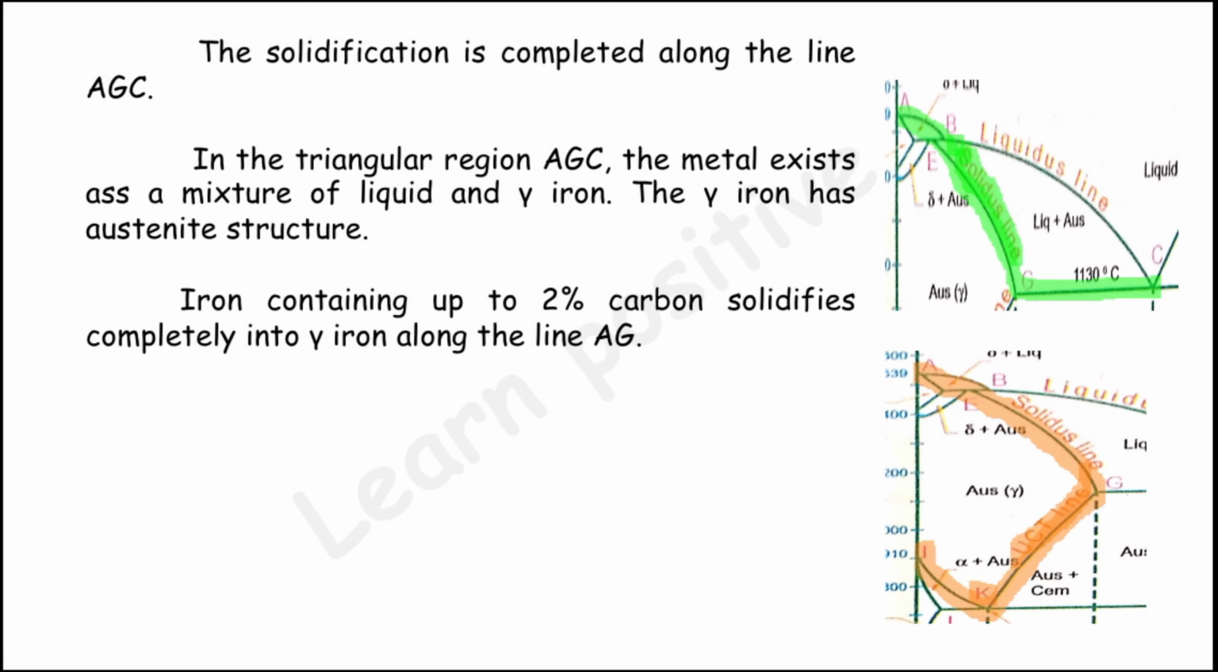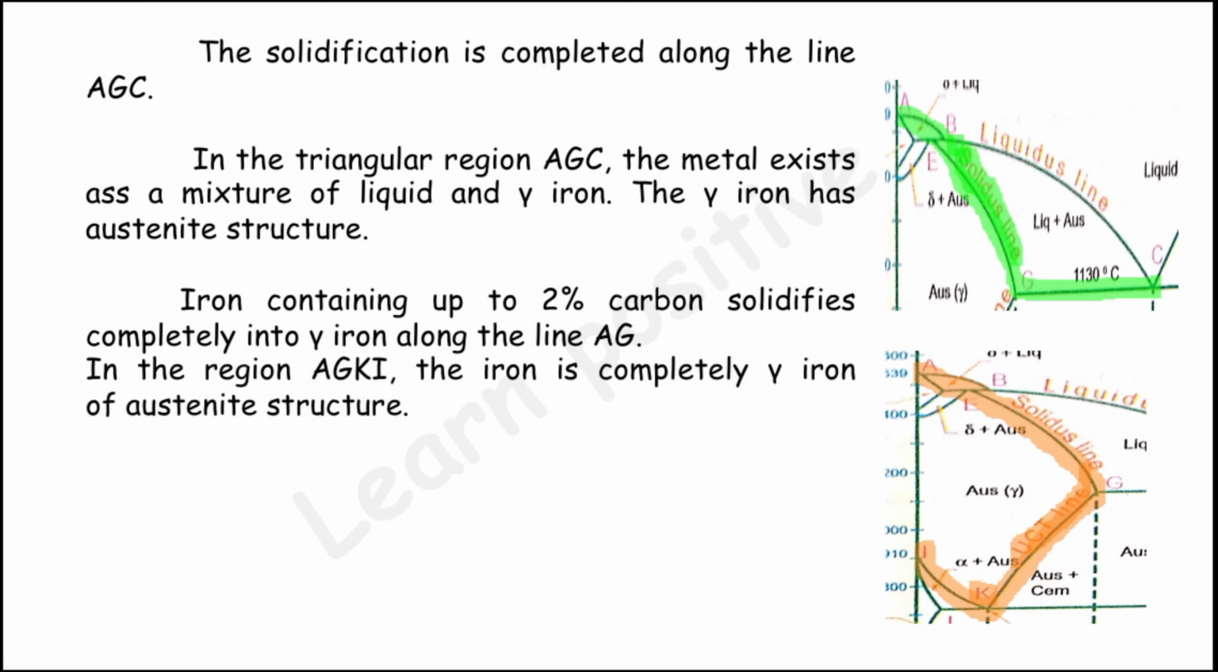The gamma iron has the austenite structure. The austenite structure is the most important structure in the steel. So the iron contains up to 2% of carbon. To solidify the complete gamma iron along the line AG, shown in the first diagram as the green line, and then in the region AGKI, you can see it in the second diagram,